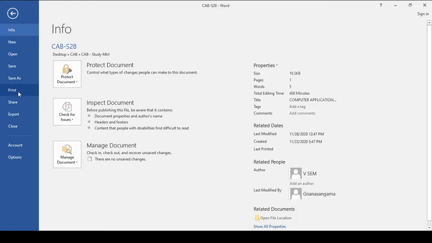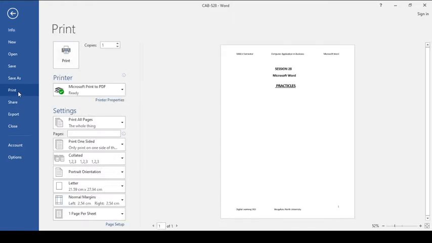And this is the print option. When we go for print, the print dialog box will open. This is called a preview, wherein we see how our document will look when we take a print. That preview will appear. When we are going for the print option, we have the number of copies, so we can increase or decrease the number of copies. Then this is the adjustment of the printer and printer properties.